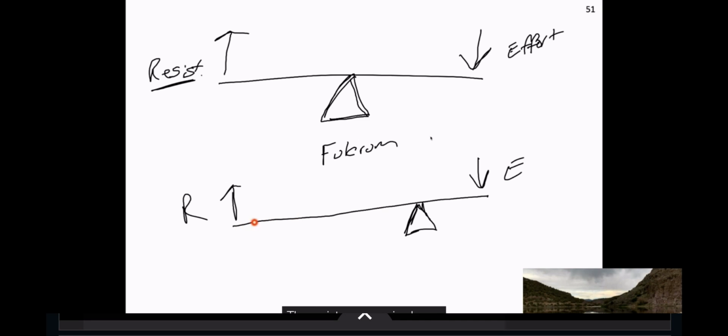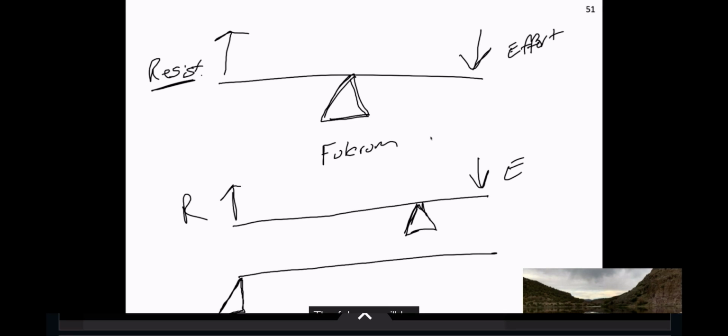The resistance arm is always the distance between the fulcrum and the resistance. The effort arm is always the distance between the effort and the fulcrum. The only tricky thing to add is that all levers have these three things, and let's pretend I drew a straight line. All levers have these three things, but what we're going to see is the only thing that changes is the